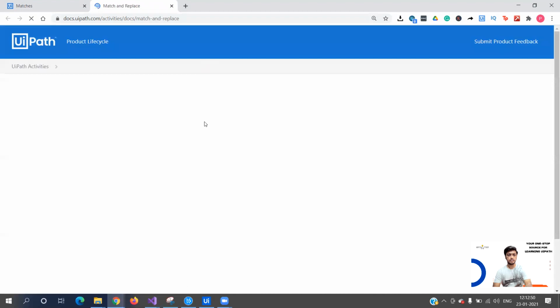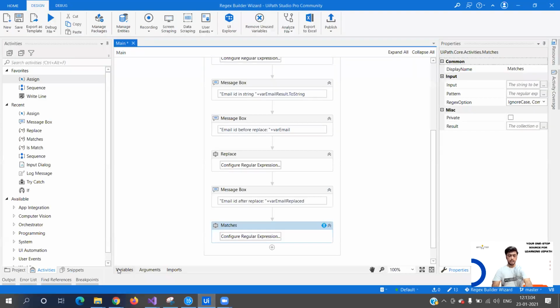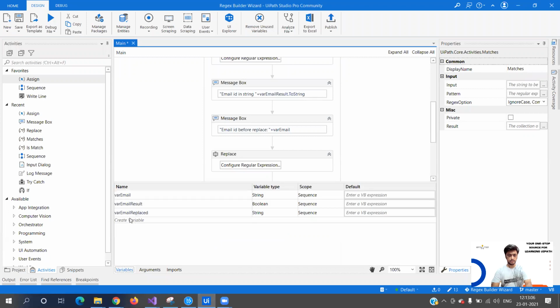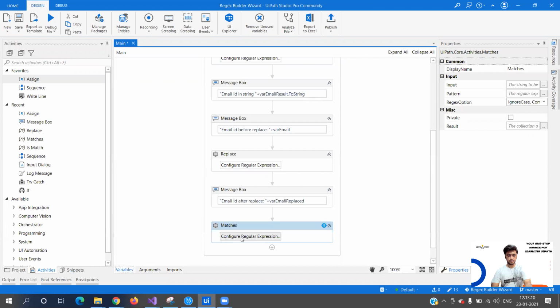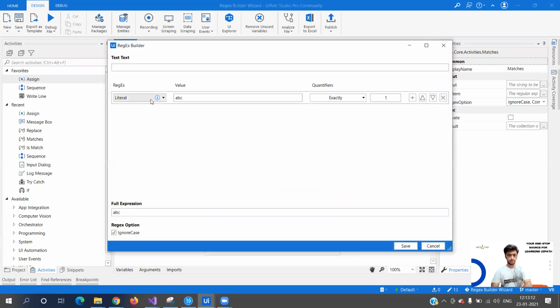Match and replace is something that is used. So let's see how it works. Till the time it loads, we'll have one more string. Let's see what we have in this and we'll do accordingly.